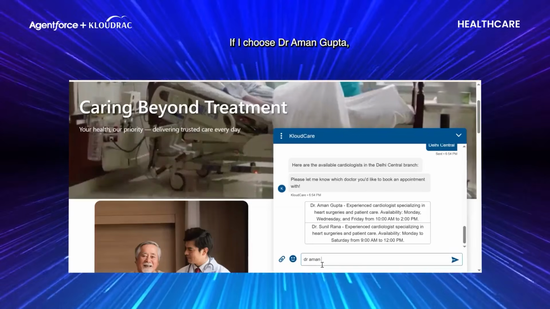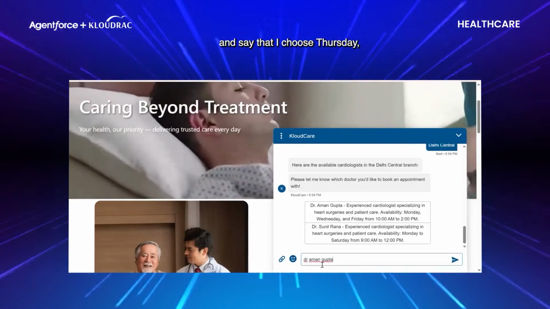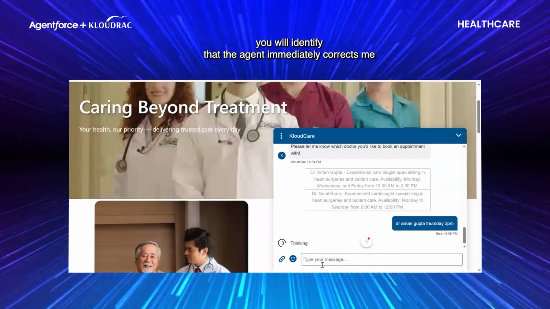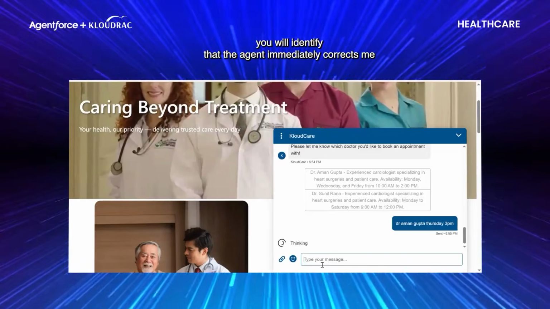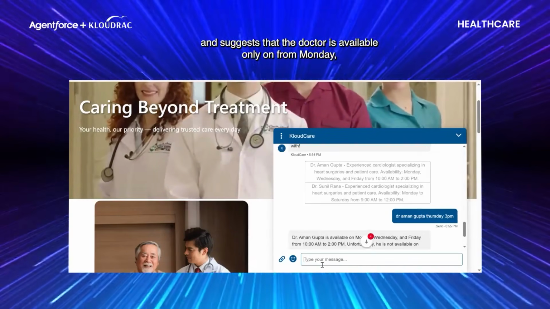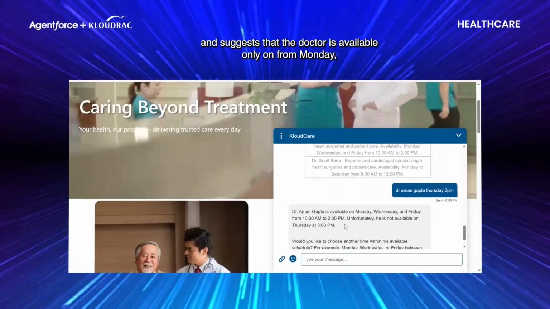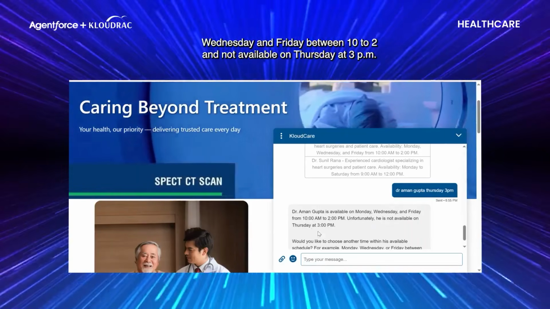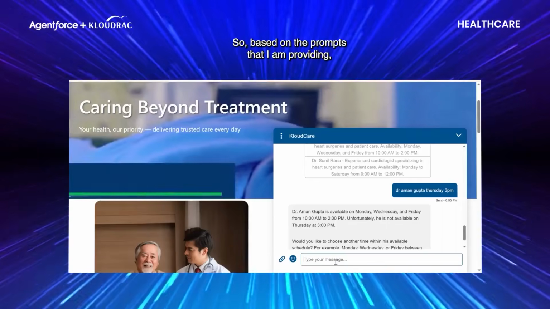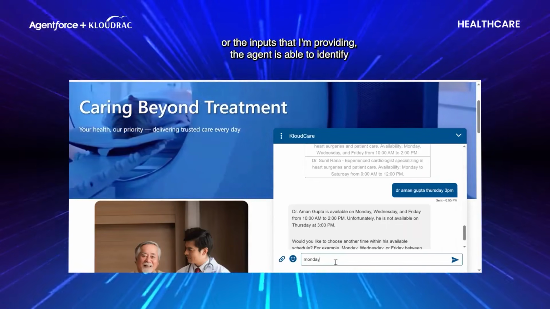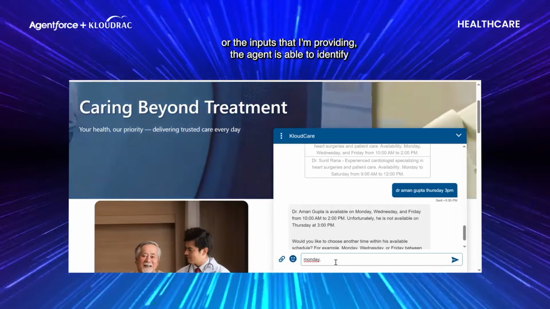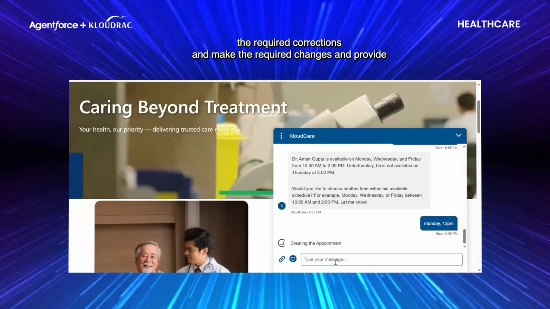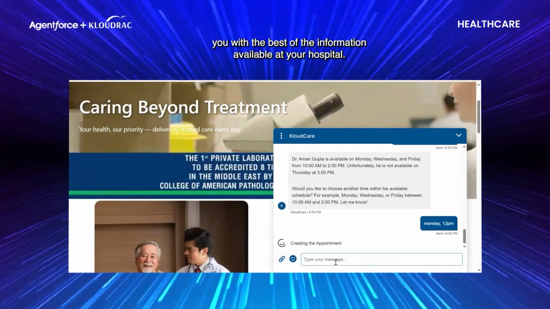Aman Gupta and say that I choose Thursday 3 p.m., you will see that the agent immediately corrects me and suggests that the doctor is available only on Monday, Wednesday and Friday between 10 to 2 and not available on Thursday at 3 p.m. So based on the inputs that I am providing, the agent is able to identify the required corrections and make the required changes and provide you with the best of the information available